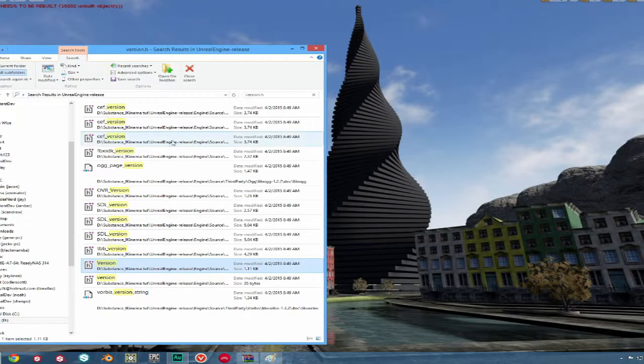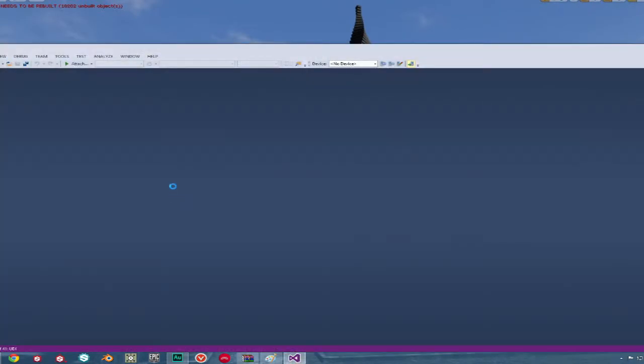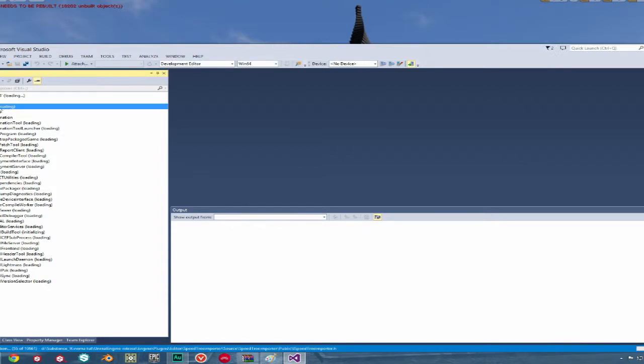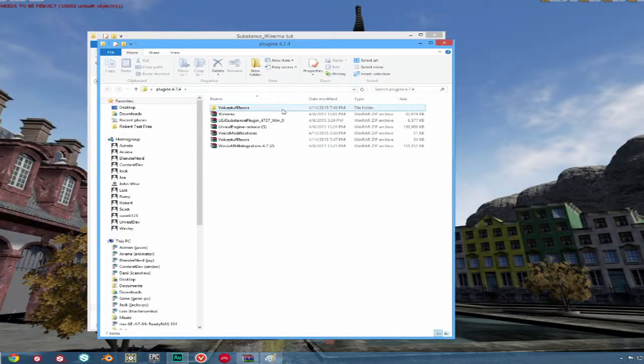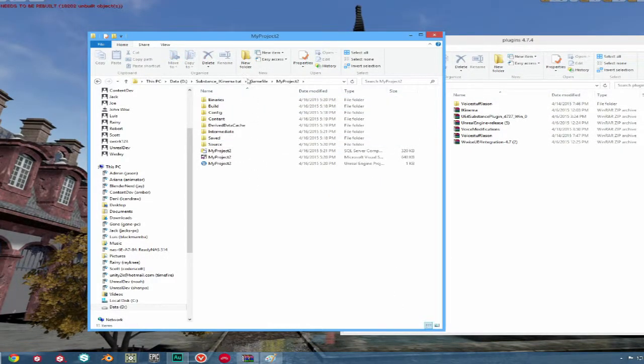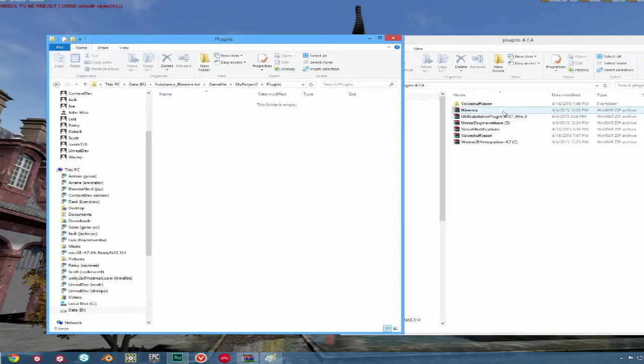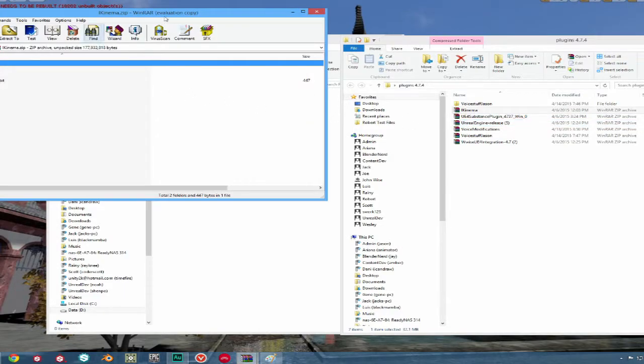Now let's go open our UE4 Visual Solutions file, located in the main engine folder. Once it is opened, find UE4 and then click Build. It will now update the engine to be able to communicate with iKinema. This may take a while. In the demo, I will now skip ahead. Once our engine has been rebuilt, let's go to where our project folder is. In there, add a new folder called Plugins with a capital P. Now drag and drop our plugins into this folder. And if you are in no hurry to ship, you can now open up your Visual Solutions file and click Build, and then your plugins will be both ready to go.